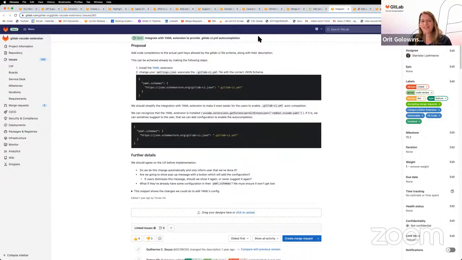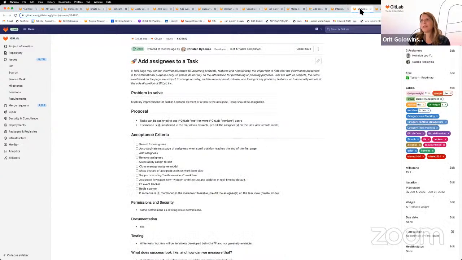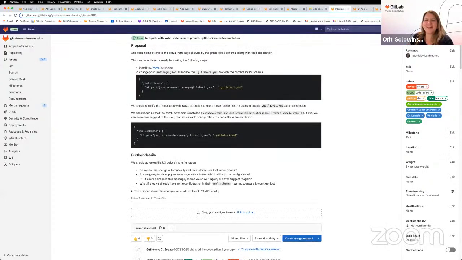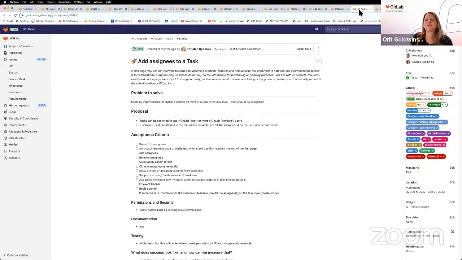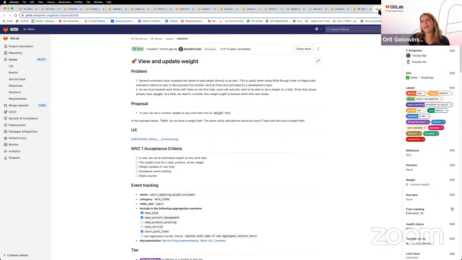So excited to see that, which leads us into extending our lead in CI/CD. So on top of this specific issue, the Optimize team is working on two main efforts this milestone. Sorry, I skipped. So continuing with usability workflow, the project management team is working on enabling a lot of work that we did around task, which is a sub-issue that can be linked to an issue. We're going to be adding support for adding assignee to a task, as well as updating weights and viewing it on the task itself.